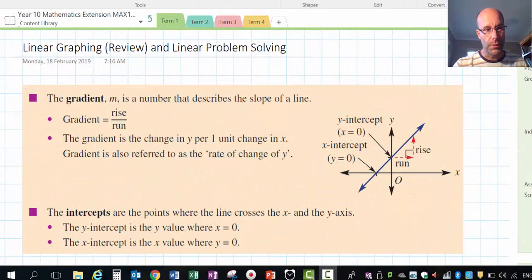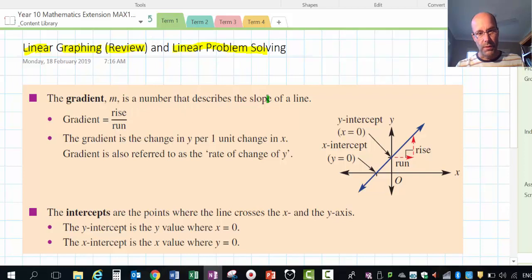This video is reviewing linear graphing from your previous work, just to see if you can remember it. These graphing methods are not a table of values. We're well and truly past that stage. Once we look at the two methods for graphing linear functions, we're going to then do some problem solving. So basically, you'll remember that a gradient